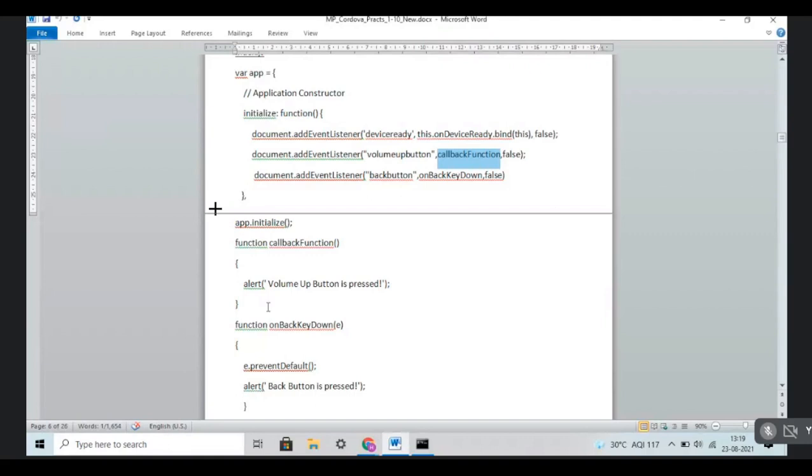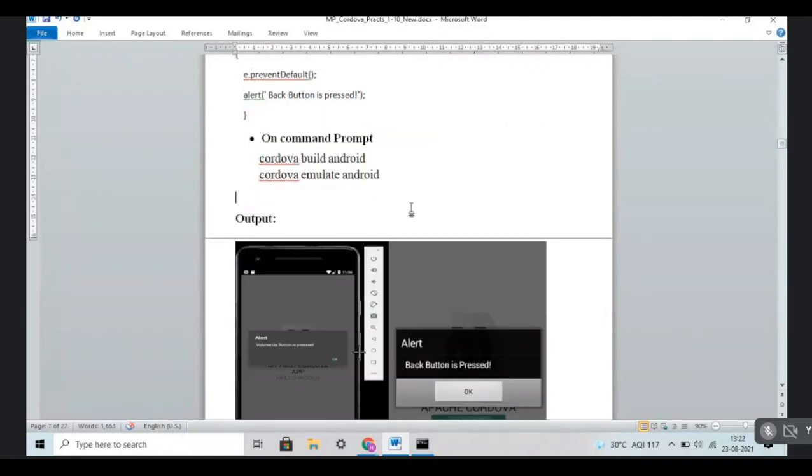Cordova build android, cordova emulate android. OK students, this will show the output as soon as you use this command.